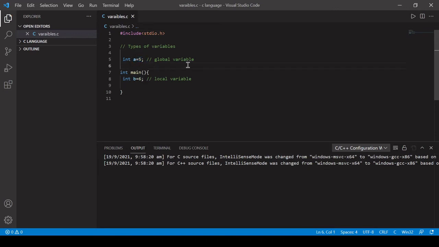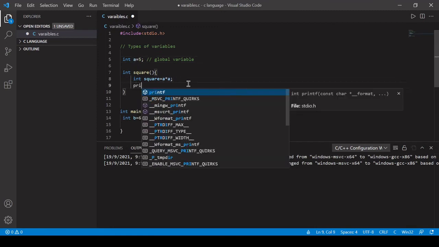Now the scope of the global variable is that we can use this variable in a different function. Let's create a function here, integer square of two numbers. This is how we declare a function. Here let's write integer square equal to a into a. We have created a square variable. We have done the square of a into a, and let's print it.